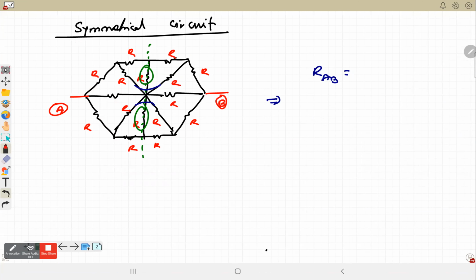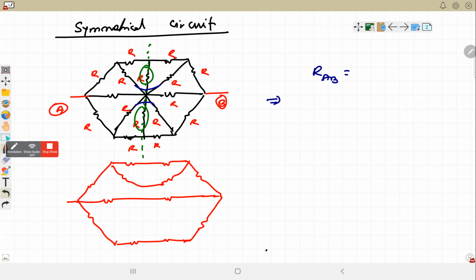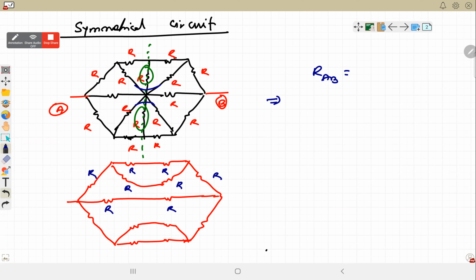Find the resistance between A and B. So the new circuit that we will draw: the junction is open, those vertical resistors are gone. So there are two resistors at the top, and there will be these two resistors from the bottom, and likewise here also. R, R, R, R, R. Those two junctions are opened, and the vertical resistors will be gone. What is the equivalent? 6/7R, I think.